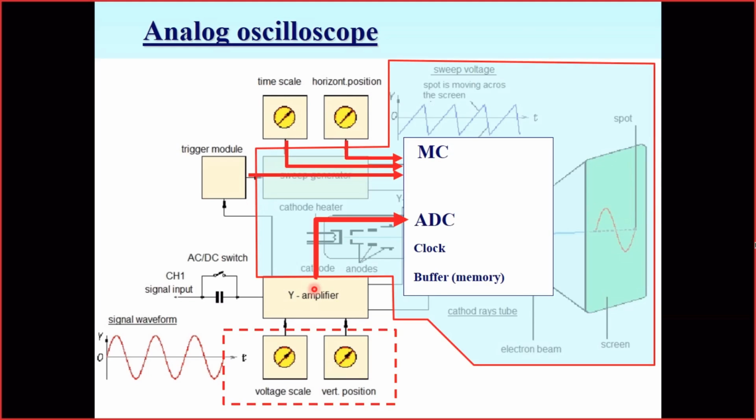What is the difference between this and the digital scope? The digital scope is a microcontroller which has some memory. Usually we have some memory, and that provides a clocking by itself. And by changing the time scale control or triggering control, we actually change the program of this microcontroller, which is actually doing